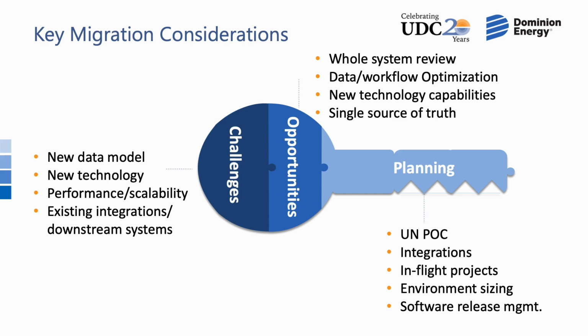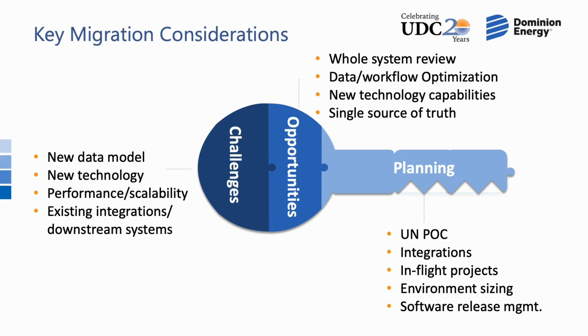The opportunity was to reevaluate and review our data model completely and get rid of the old and unwanted or legacy data that is not needed anymore. Same with our workflows. We reviewed our workflows and tried to optimize them to suit the utility network data and the new technology. Integrations, we reevaluated all our integrations and tried to adopt the service-based architecture.